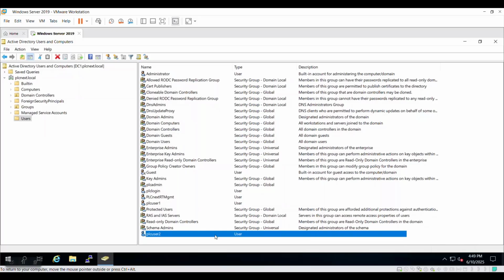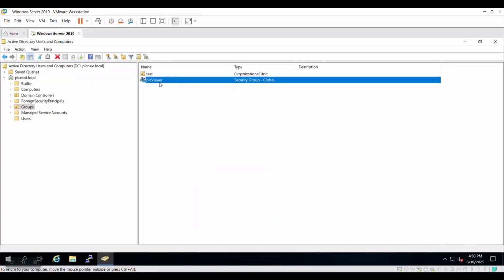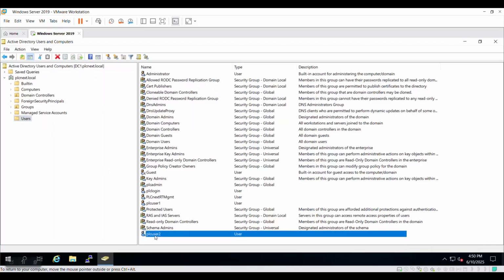Two main things need to be done in order to adapt this configuration to allow logins from PLC Next control devices. The first thing is that groups must be identified that reflect the roles of the users on the PLC Next control devices. You may already have suitable groups defined in your Active Directory server. In this case, we've just defined a new group called PLC Viewer, and this will reflect the viewer role on a PLC Next control device. The name of this group will just be used to identify the role of the user on the PLC Next control device. We can then go ahead and add this user to that group.